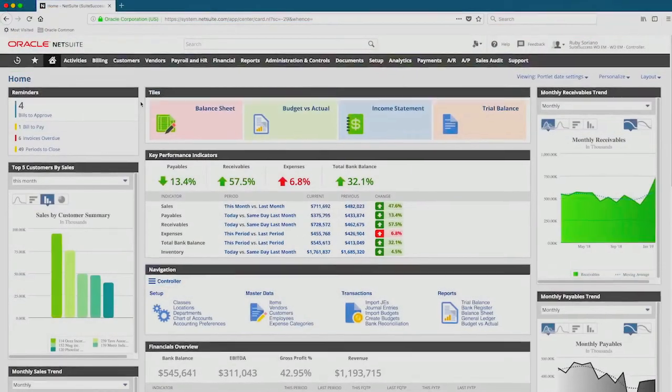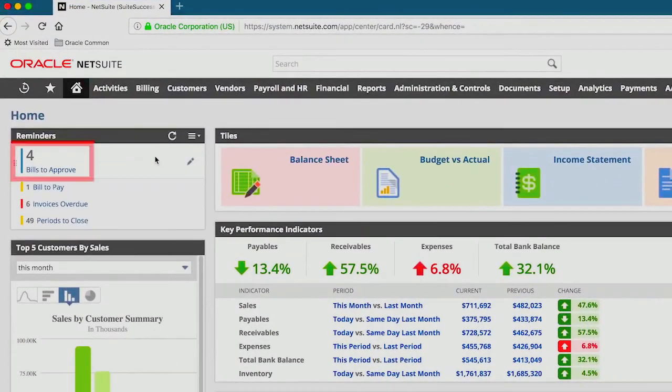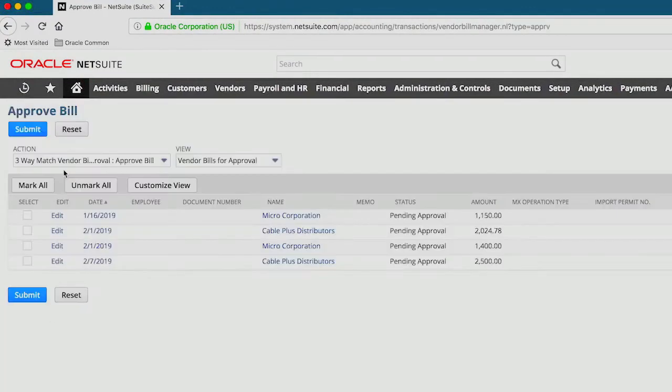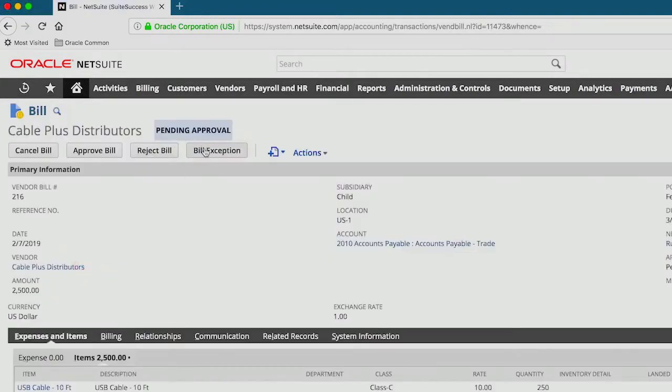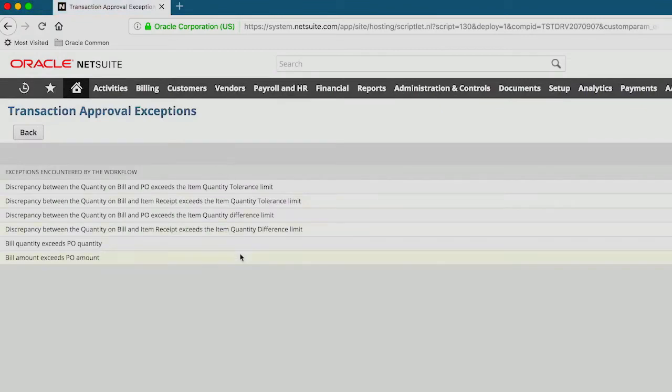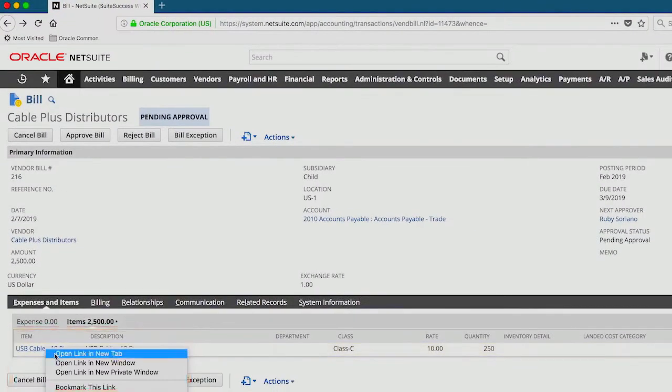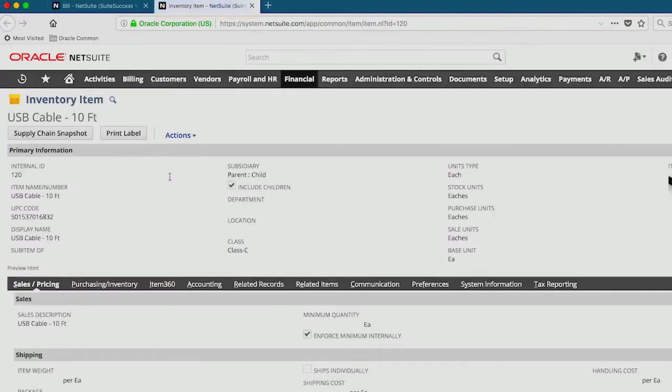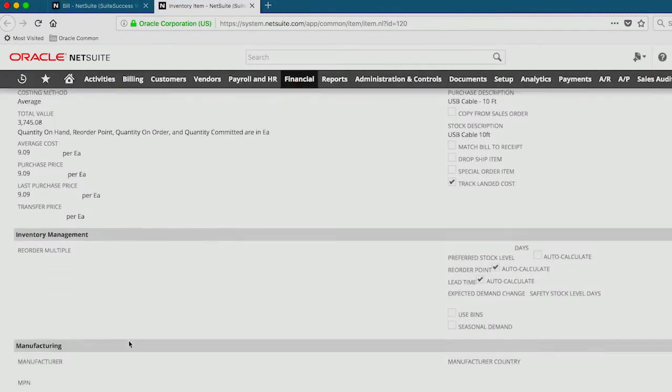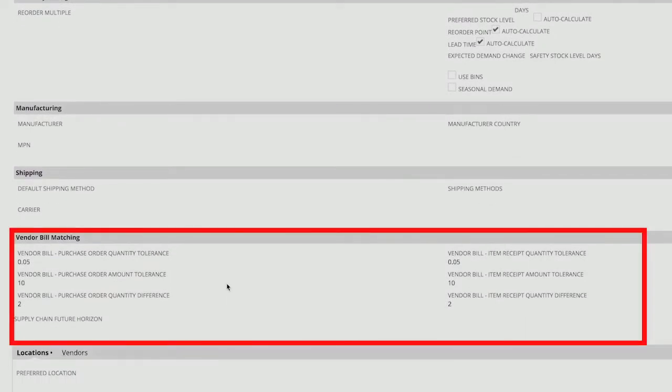Now as a controller, I'm alerted in real time of bills that need to be approved. Once in this bill, I have a few tools to be able to investigate this further. First, I will check for the exceptions on this bill. Next, I can drill into the inventory record to see what the thresholds are for quantities and amounts for this particular item. And in this situation, we went over those thresholds,